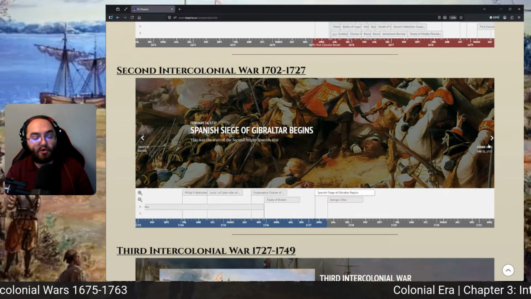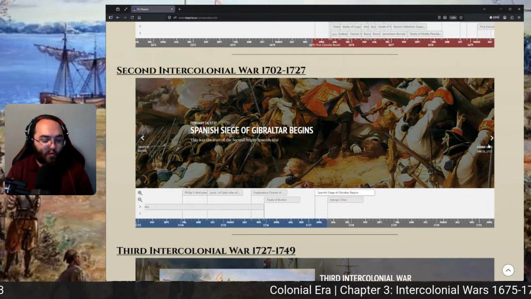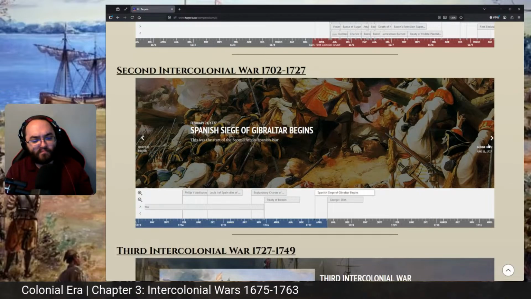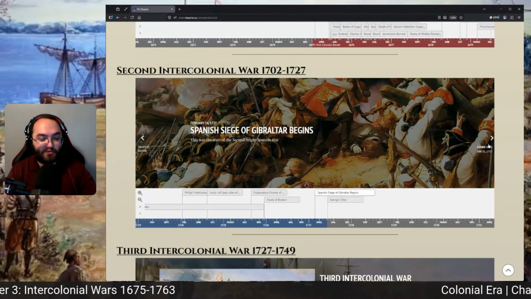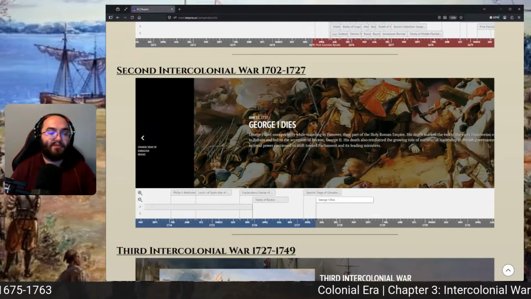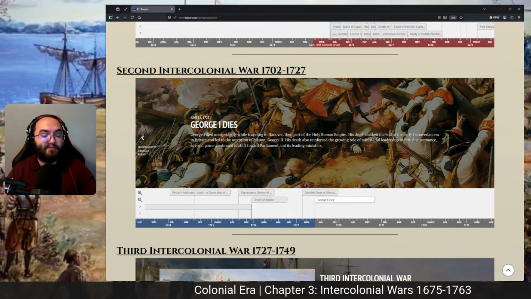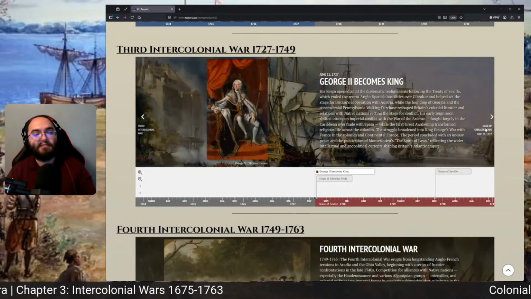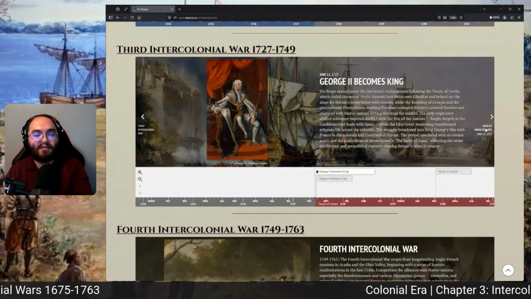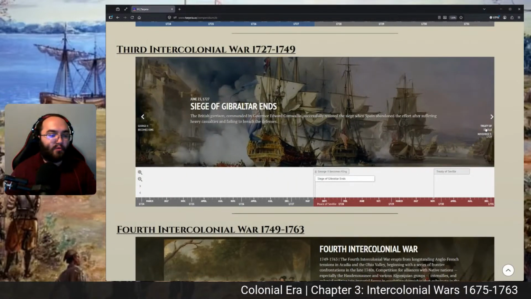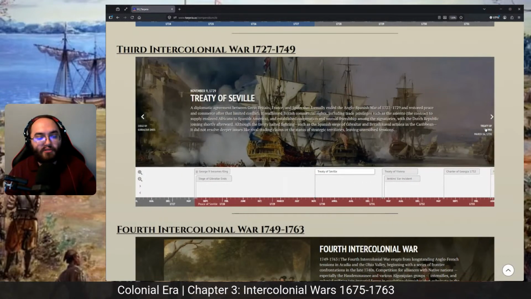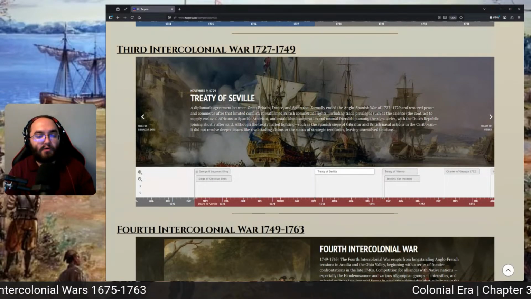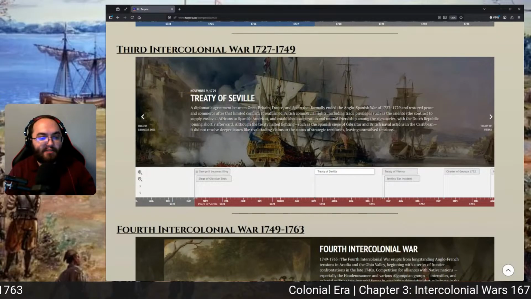This is the start of the Second Anglo-Spanish War, which ends pretty quickly, at the end of King George I's reign. He actually dies a few months later in June of 1727, and that goes into the next section, which begins with the ascension of George II as king. And so the Siege of Gibraltar ends pretty quickly, and just a couple years later, you have the Treaty of Seville, which ends the Second Anglo-Spanish War. It restores peace and commerce,